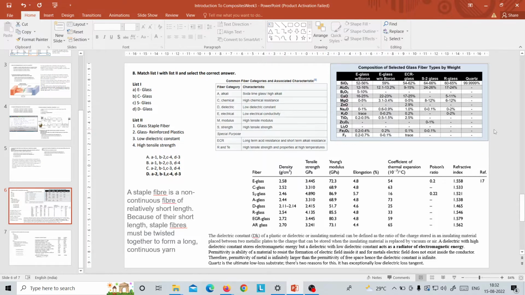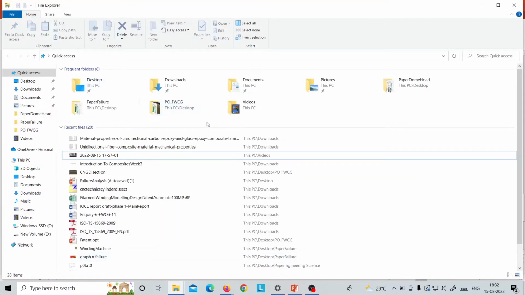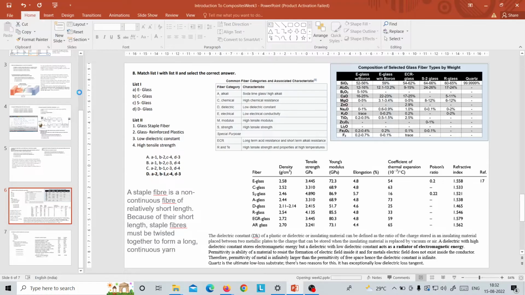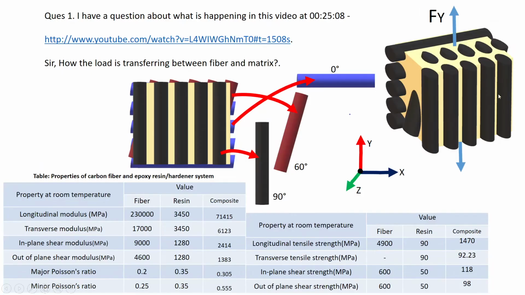For instance, see, how an actual composite looks like is you have a lot of fibers for one particular laminate. Let me explain this slide. Just a second. Yeah, see this one. You can see here. This is our composite. This is a small part of a big composite. Okay, you can see here. This one is how it will look from top.